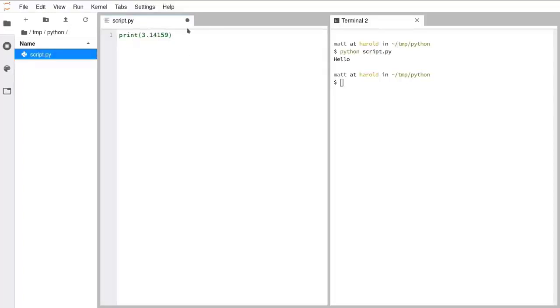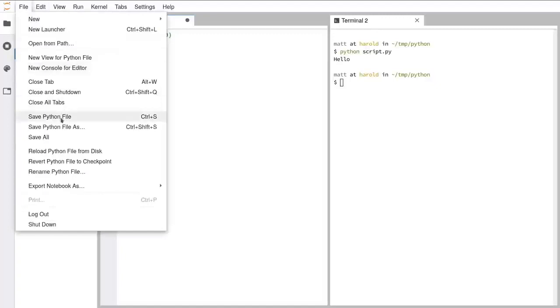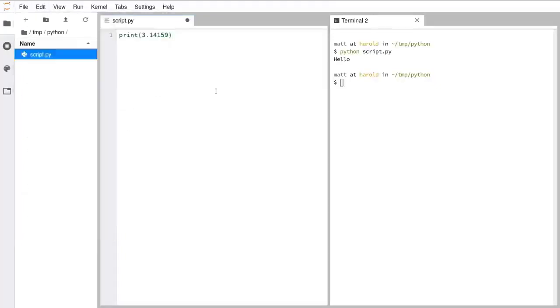You'll notice again there's a black circle here, and I'll point this out in the video, but make sure that before you run your script, you save the file. On Windows and Linux, it's Control-S, and on Mac, it's Command-S to save the file, or you can go to File, Save Python File. I'm going to use Control-S. So now if I run the script by pressing up and enter, we get our number printed out. Okay, so we've got strings, we've got numbers, and we also have integers, which don't have decimal places. That works very well. So if we save that and run that, we just get the number 3 getting printed